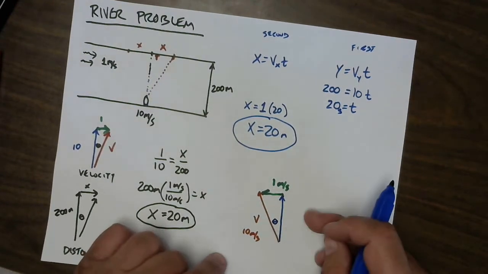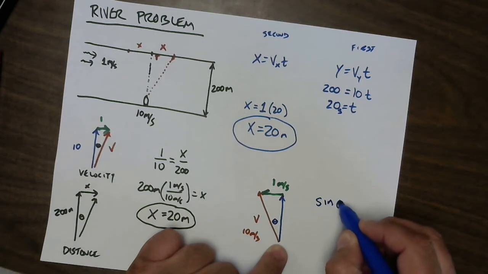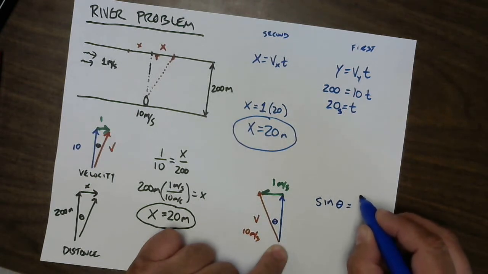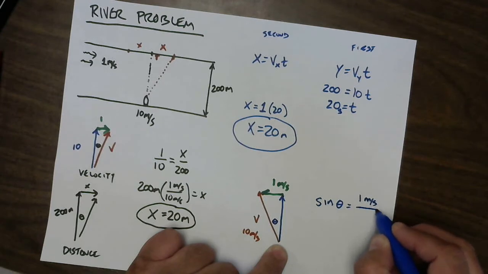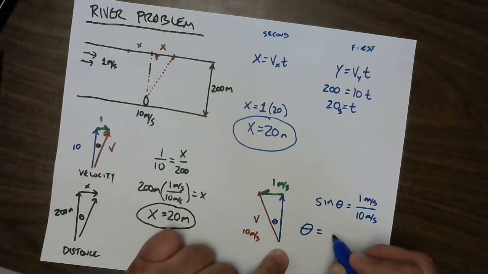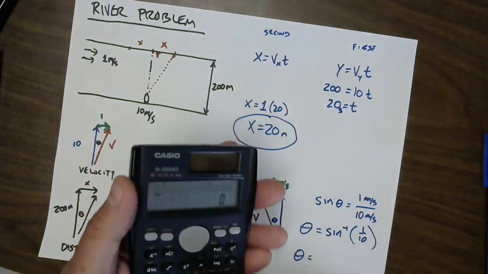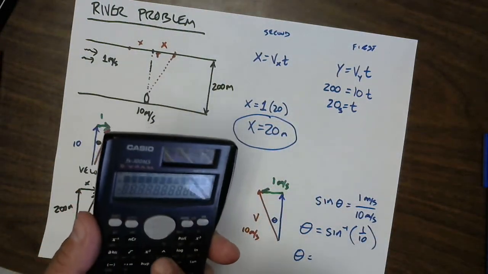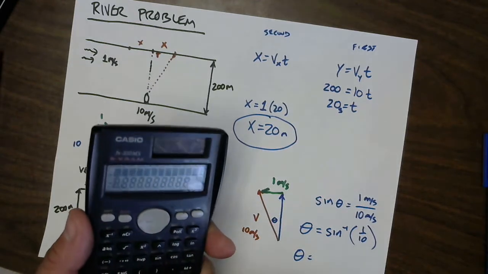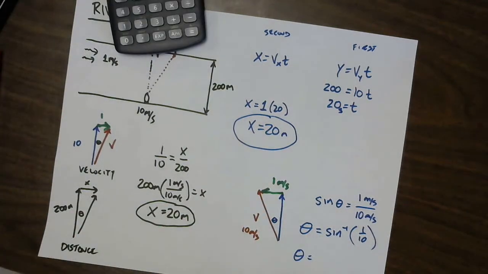And this triangle lends itself to using sine to find the angle. Sine of theta is equal to the opposite side, which is 1 meter per second, divided by the hypotenuse, which is 10 meters per second. So that would mean that theta is the inverse sine of 1/10. And so we can figure out what angle you'd have to point the boat in order to go straight across the river if we just own a calculator. Second function, sine, parentheses, 1 divided by 10, end parentheses. And that's a 5.7 degree angle,